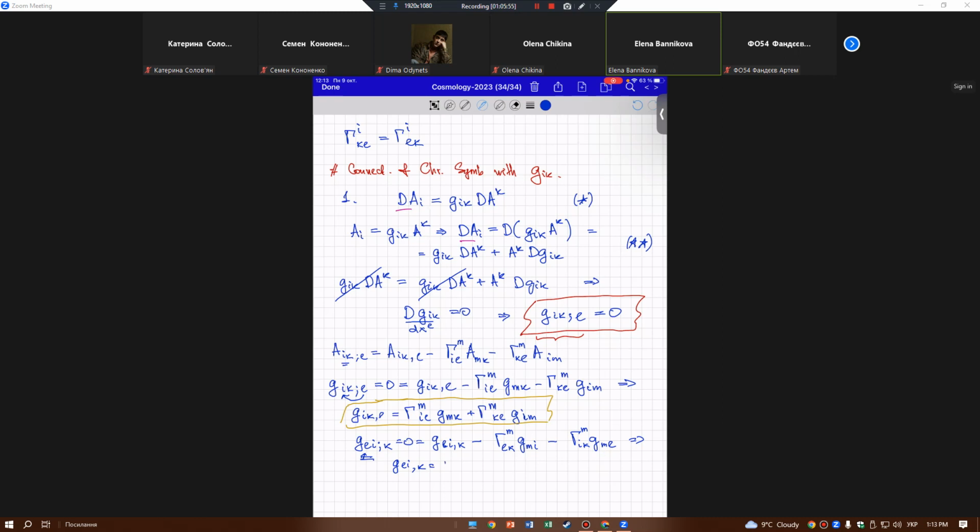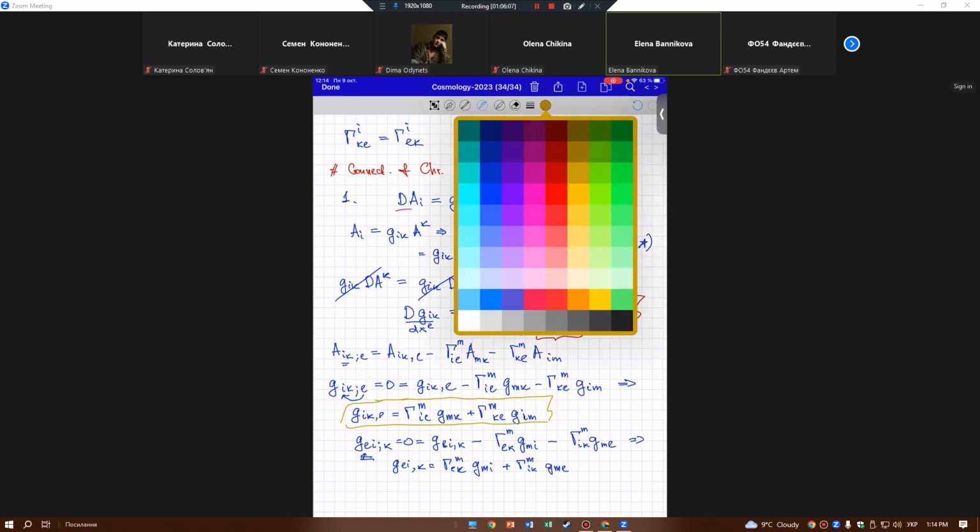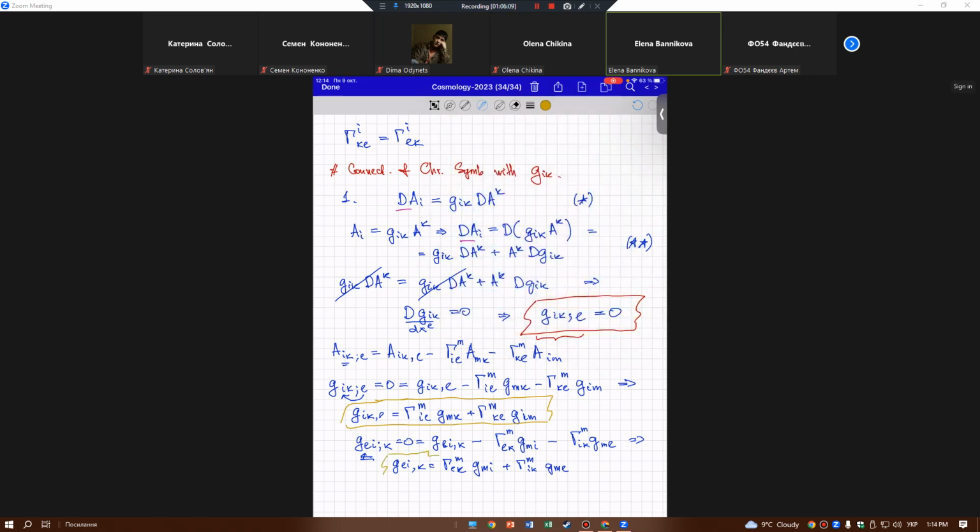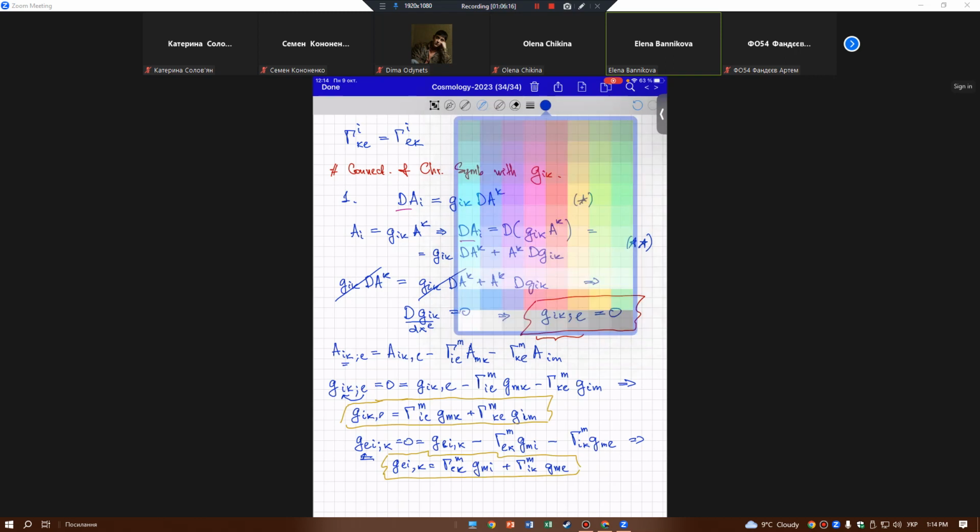Okay, so we can write gamma_{LKM} g_{MI} plus gamma_{MIK} g_{ML}. So this is the second expression which you will need. And we again can make a cyclic permutation here. Okay, put K in front. So it means that